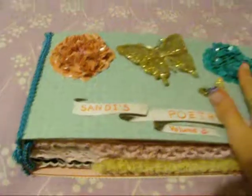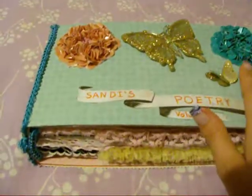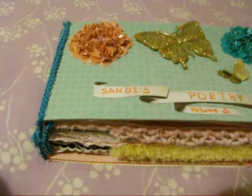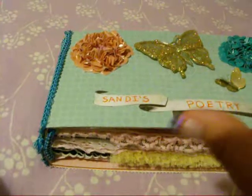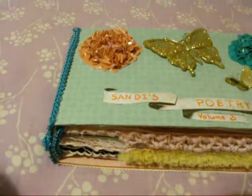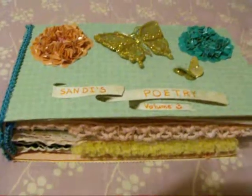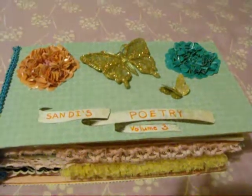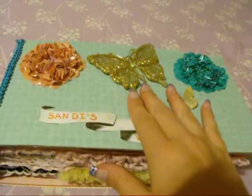These two are pins that I got at Hobby Lobby. I like putting pins on covers of things. I just feel like the cover is your one chance of making it totally three-dimensional if you want to. So I do my big stuff on the covers each time. So this is what I had. And then I had this butterfly